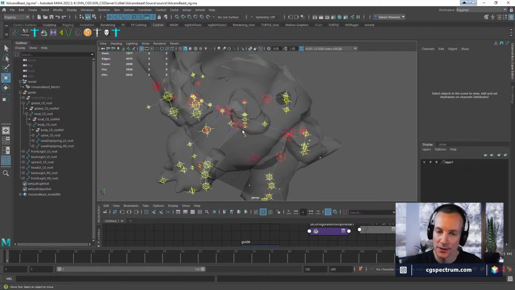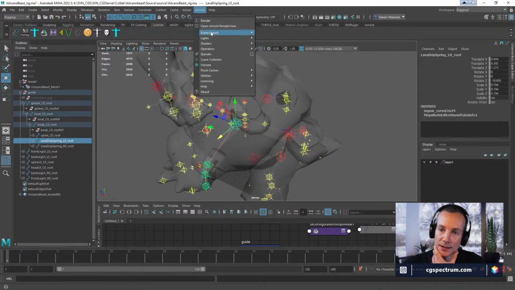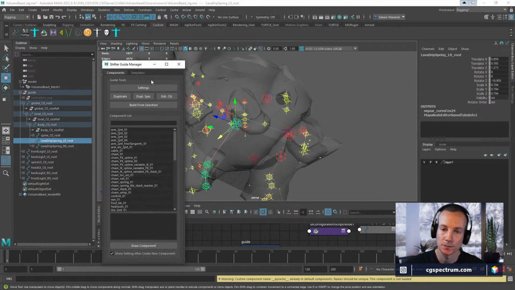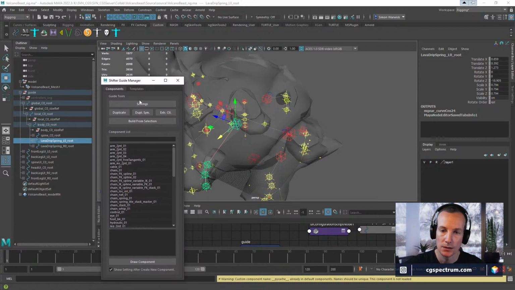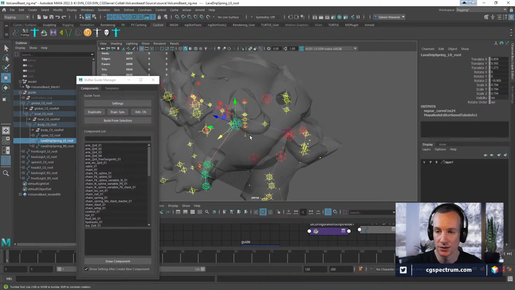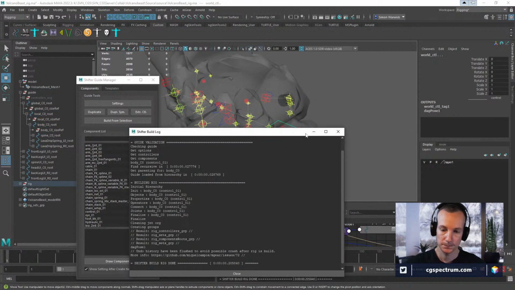So we've got those in there. Now, let me just see, does this still have the number 2 in it? Probably does. So it goes to the second joint. Guide manager. Go to the settings of the selected one. Parent index joint 2. Okay. So in theory, I should be able to build this. Let's see if it'll all work.